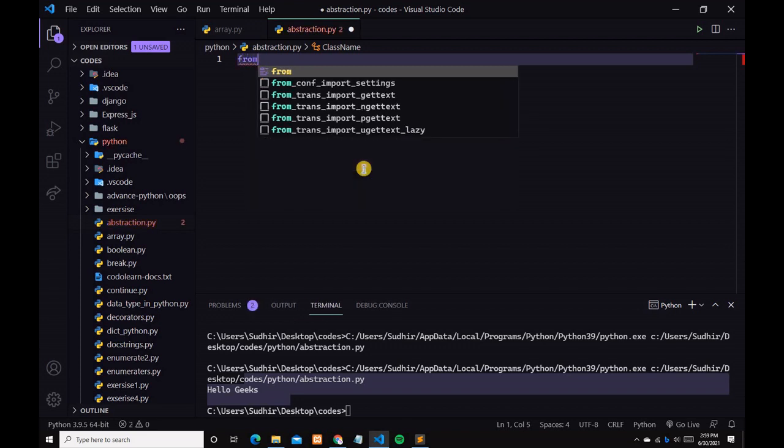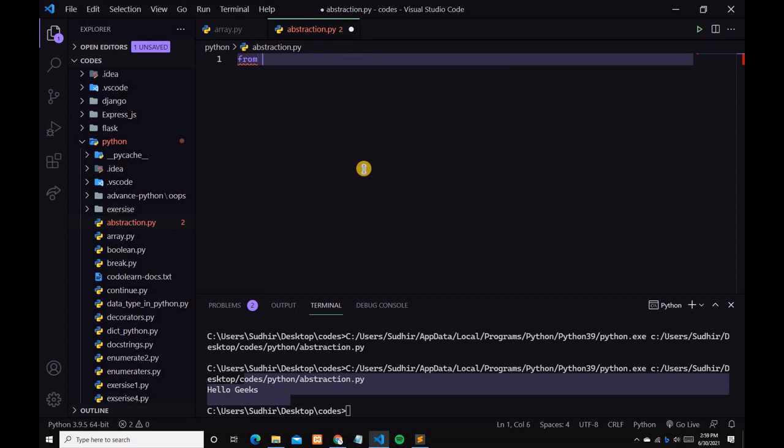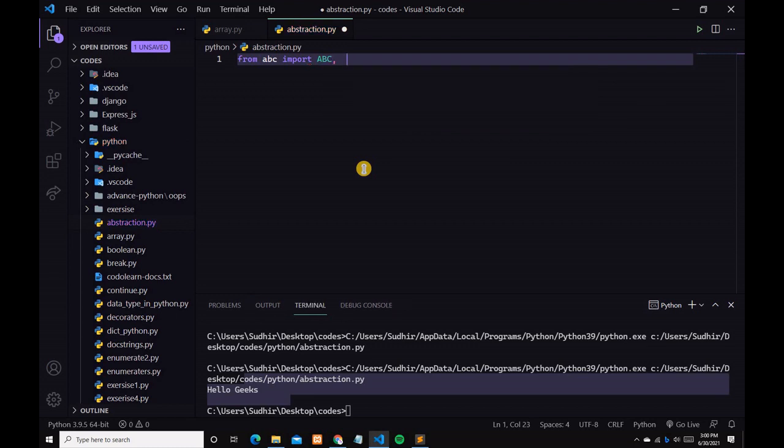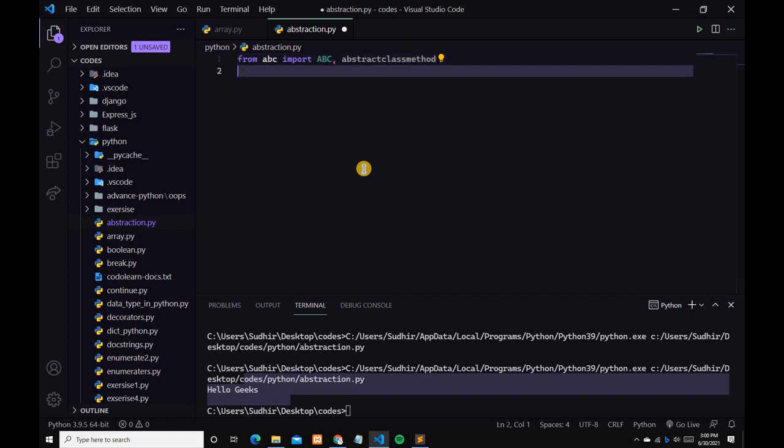So first of all guys, I will write this code from scratch. You have to type from abc import ABC, then add a comma and type abstractmethod. This is an inbuilt module that Python provides to us.